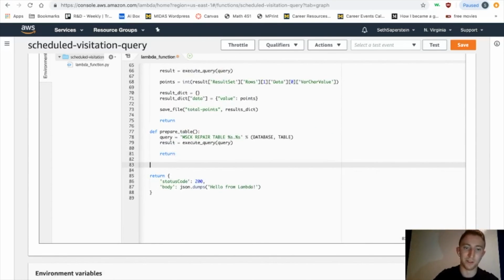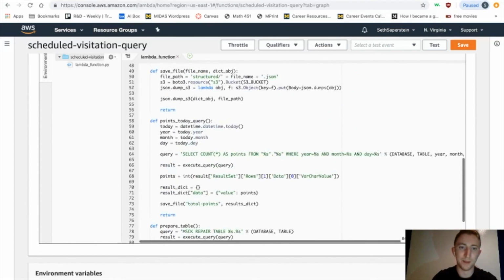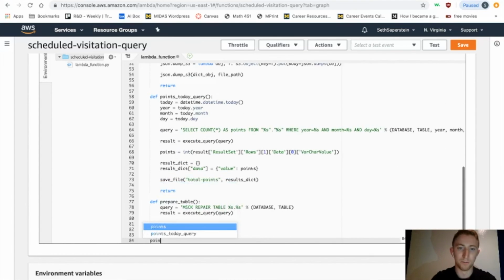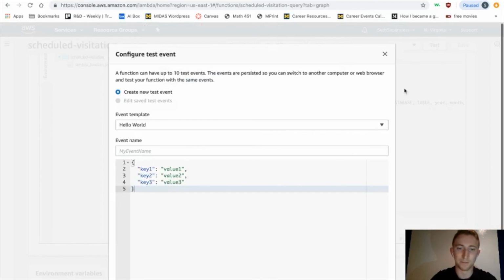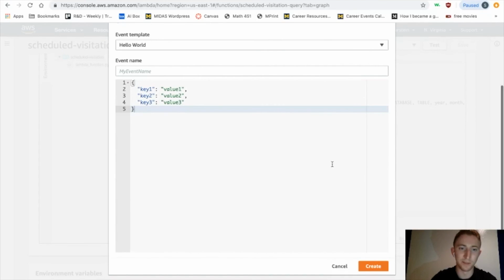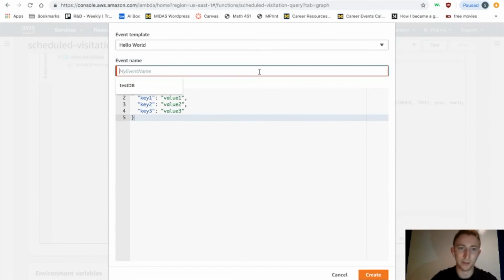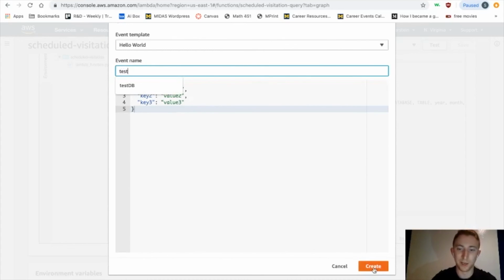Okay, now that we have it all set up, let's first call prepare table, and then we will call our points today query. And let's go ahead and save that. And the next thing we're going to do is go ahead and test it. Create new test event. This really doesn't matter since we're not taking in anything from our event. Let's give it a name. I'm just going to call it test